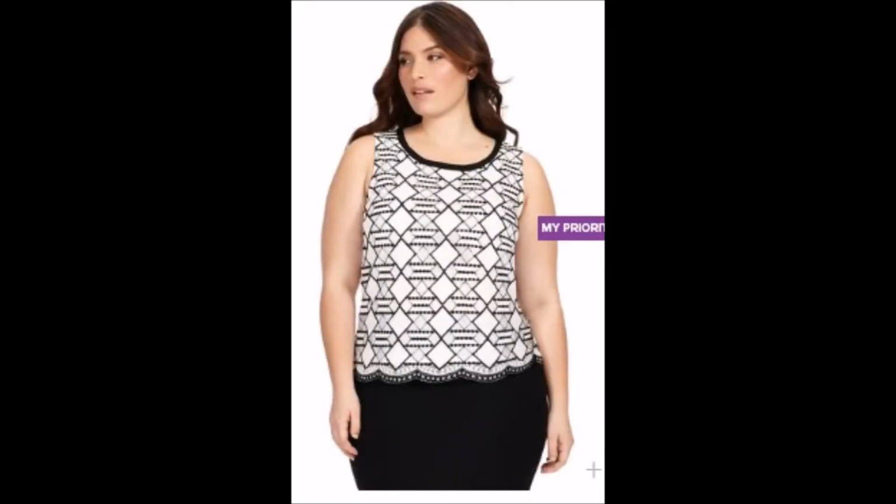Lace top in ivory by 9 West in 20W. Okay, so forgive the junk shorts that I'm pairing with this one for just the filming. This is not how I actually wore this top. I've worn this a couple of times to work with just some basic slacks, and on one occasion a cardigan over, and on another occasion a sweater vest kind of thing over it,